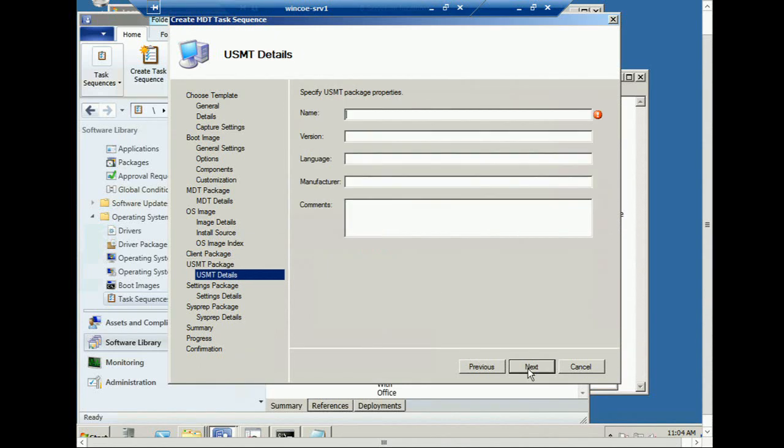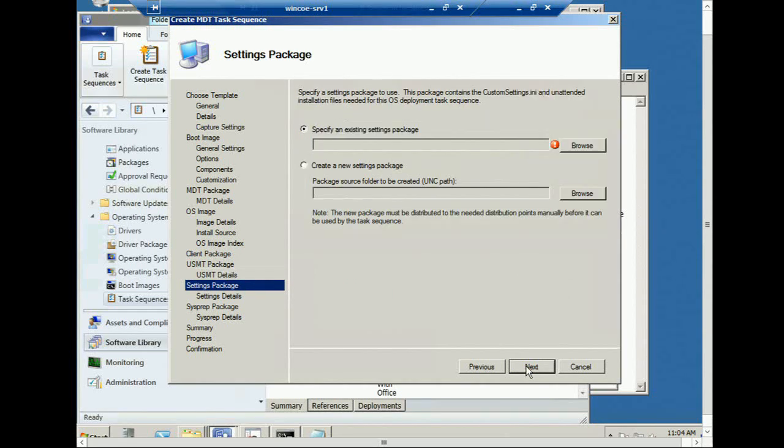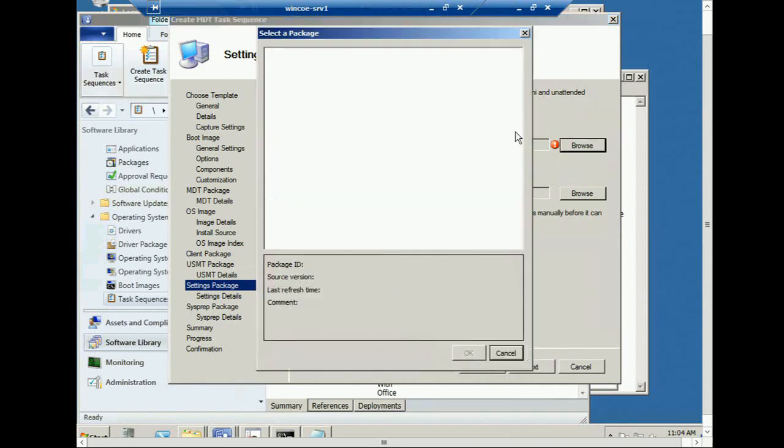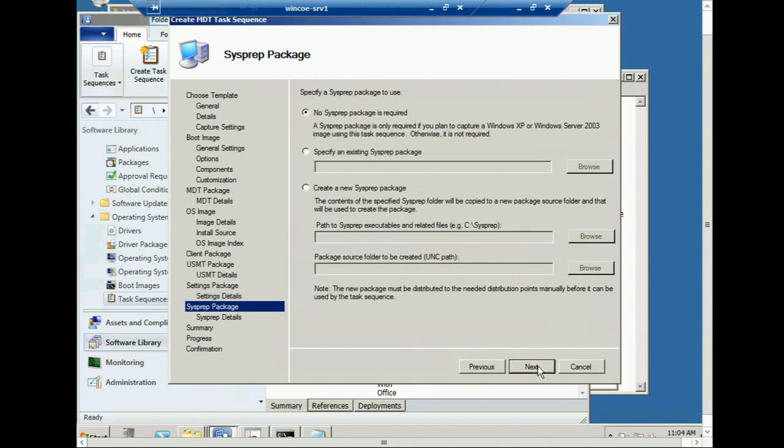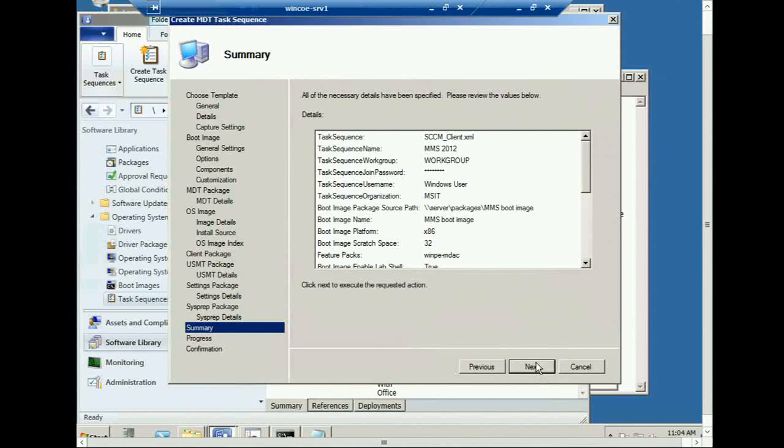And so on. And we go through the wizard. So settings, I'll use an existing one. And so on. So really there's not a lot of change in there, and that, I guess, is the main point of this demonstration. Other than that F8 that I showed you, there's really not a lot of change through